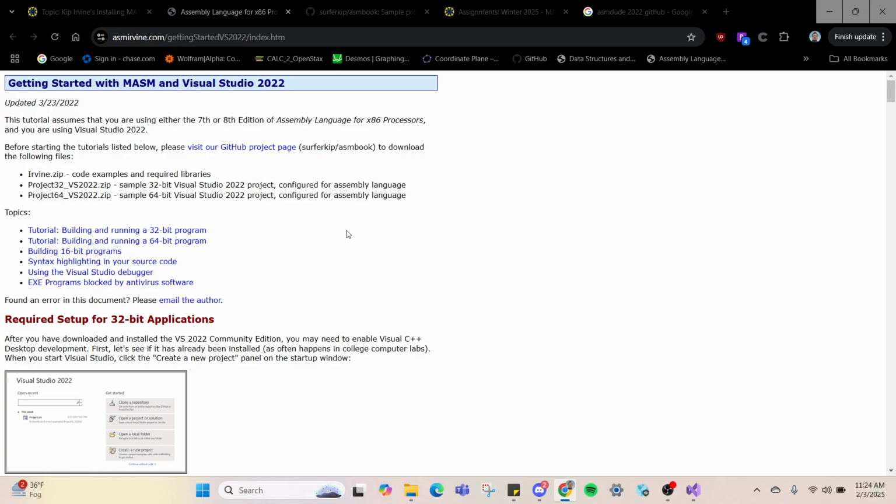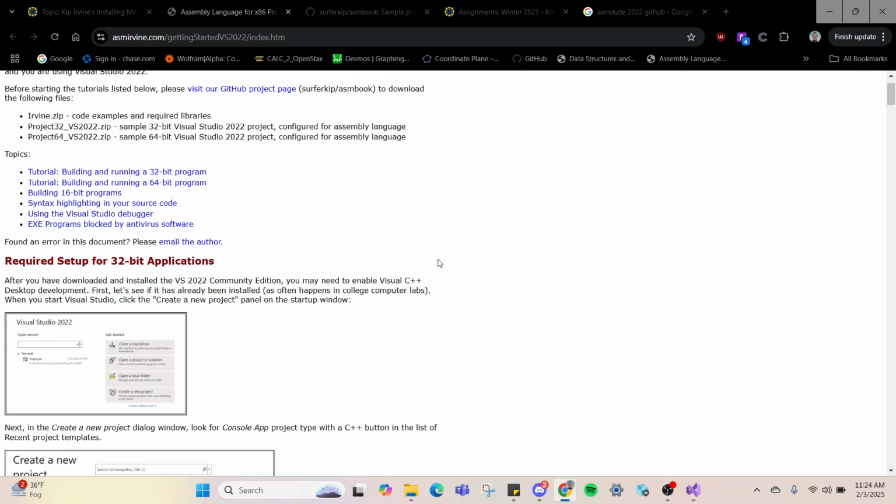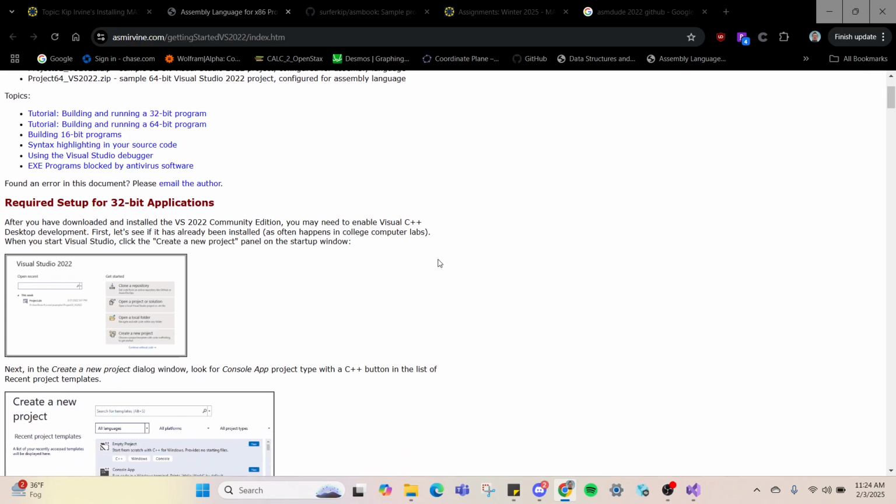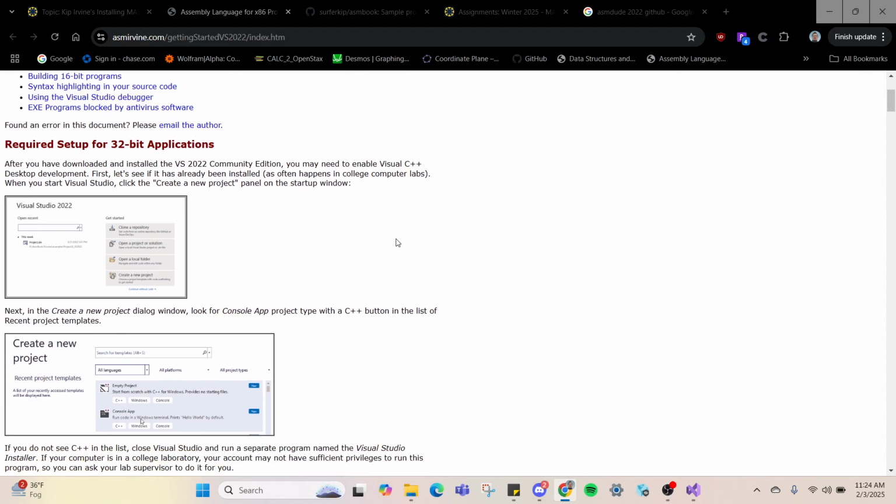I don't think anybody is using VS2019 anymore, but if you are, awesome, good for you. I think it has a few more features in it that make it a little bit better, but that's not the most important part. So if you follow the steps that we're supposed to,